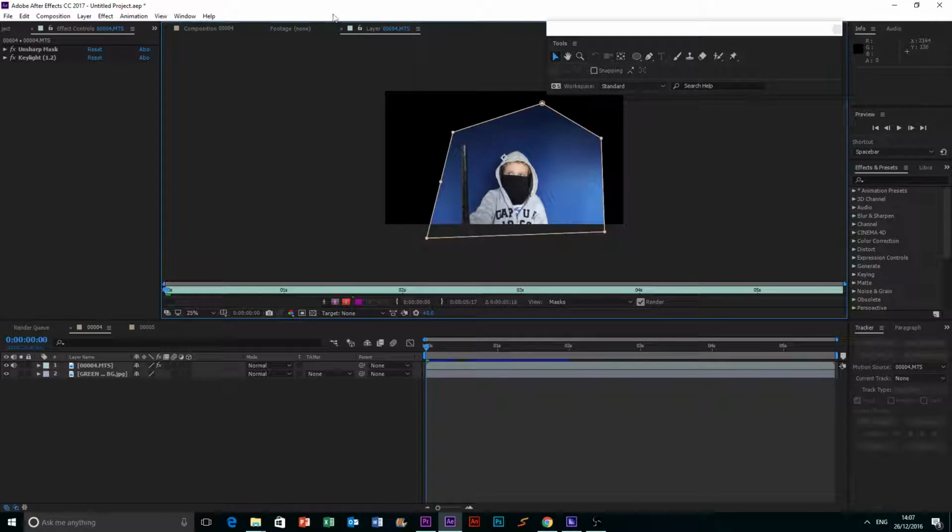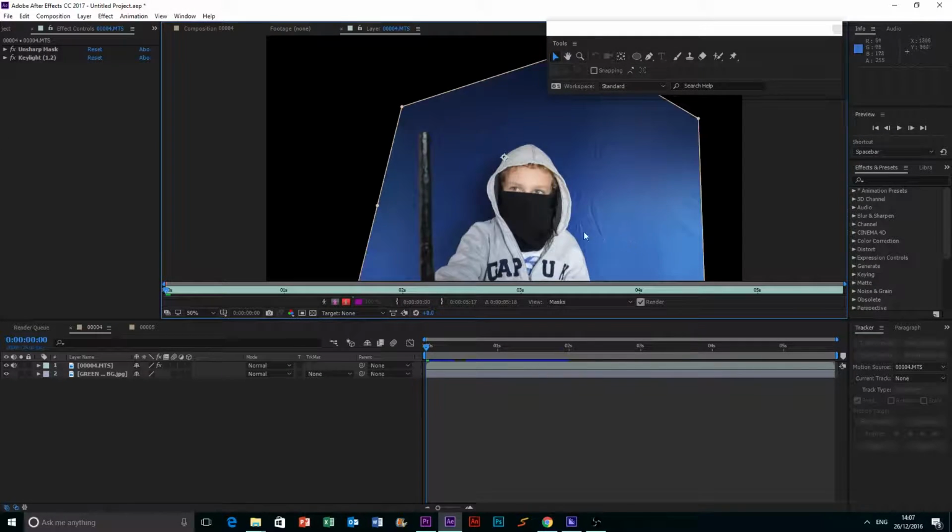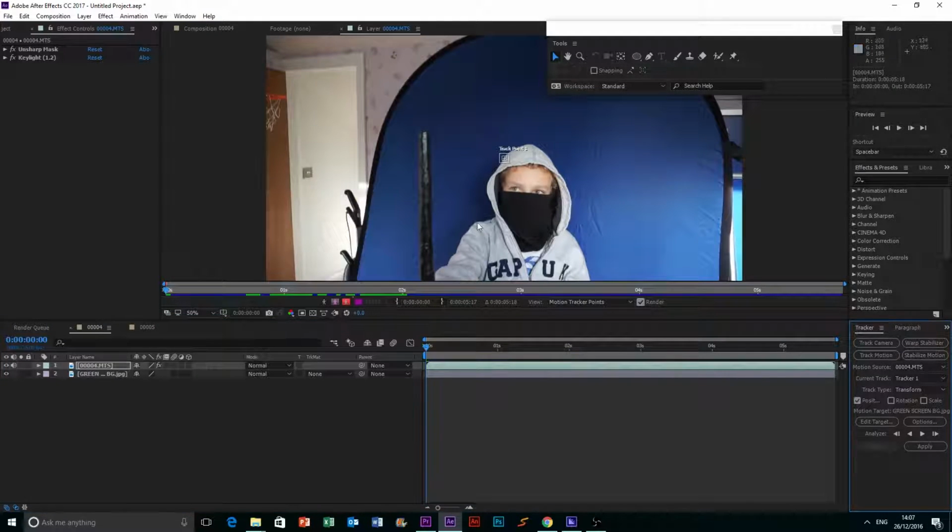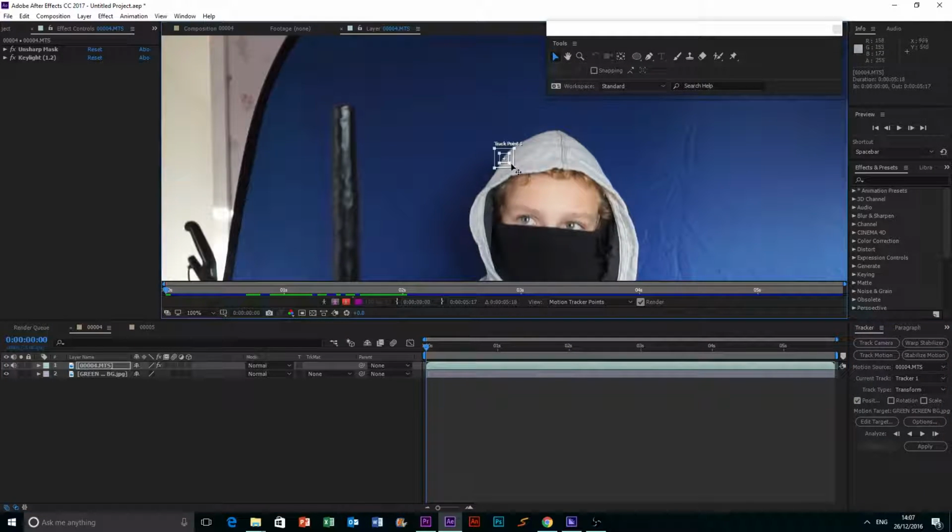and then it'll come into this. So your footage without any effects on it, which means I still have my blue screen. And if you're wondering why I used a blue screen, it's because it had fewer wrinkles than the green screen, and I couldn't be bothered to use the green screen. Laziness. Okay, so then select your footage and click Track Motion, and then we get a track point, which is